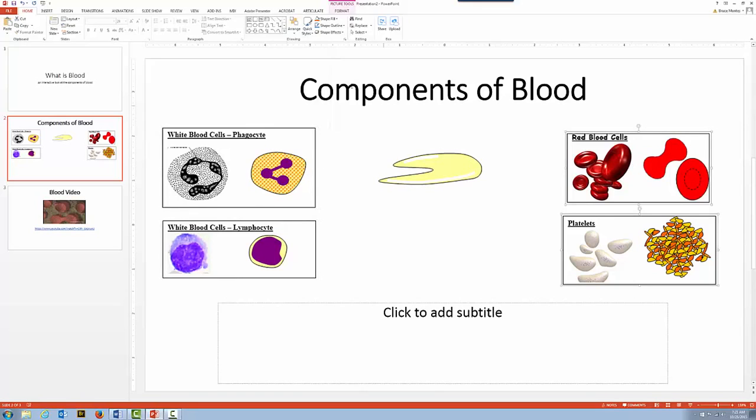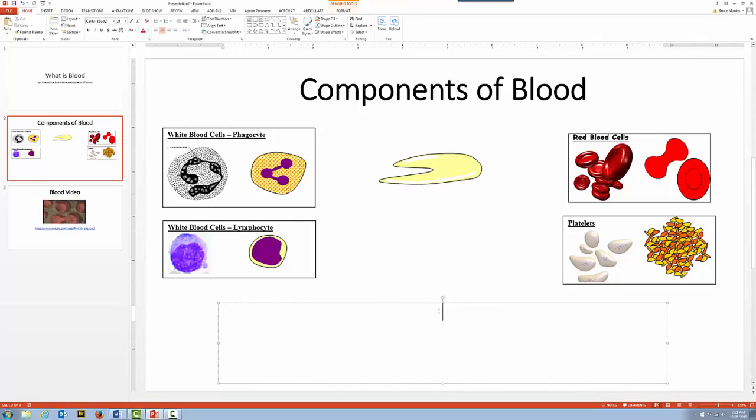And the same with these. And just for more consistency. Okay, so now we've got things lined up and we've got the plasma in the middle. This is what I'm going to use for my menuing and allow the student to go from place to place. So what I'm going to do is click on this text now and give some instructions